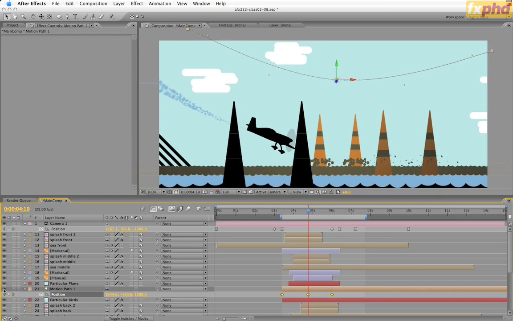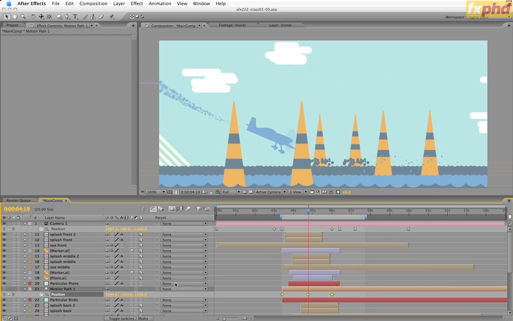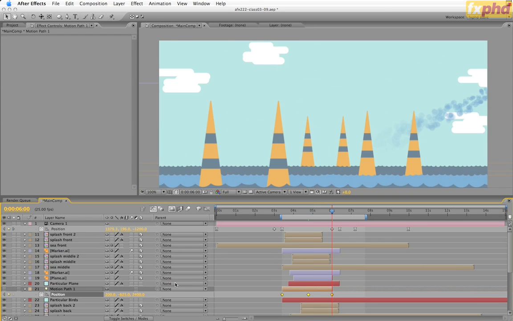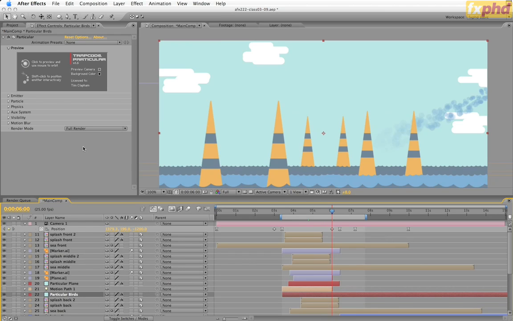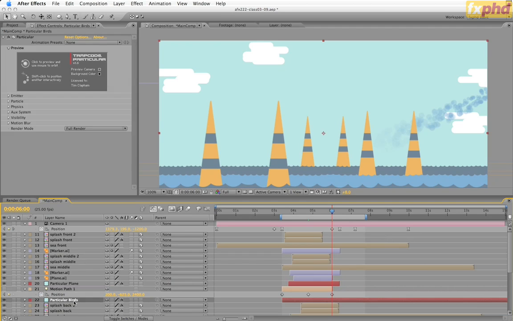I'm going to switch that layer off now because we don't really need to see it. Jump to the last key and trim that as well. We can fold that up, so let's go on with the particles. We've already added Particular to it. The first thing to do is to position the emitter where the light starts. So if we open up our position for the light, come back here, we need to put those values in